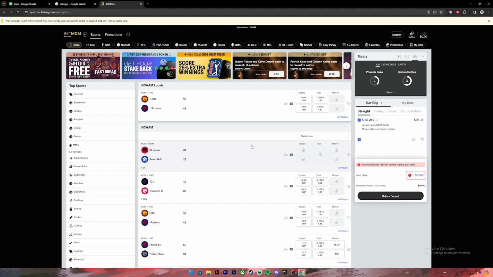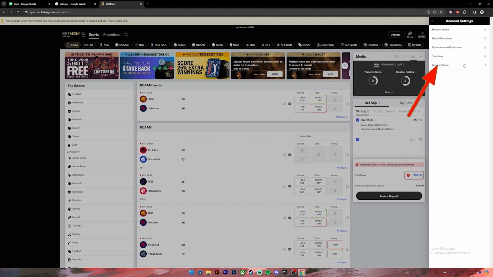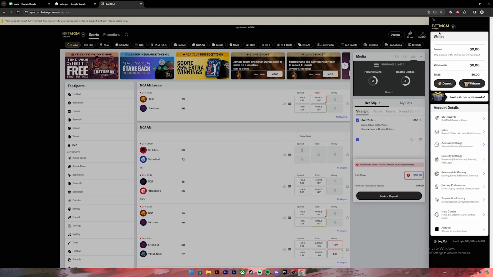Once you are logged in, click on your profile at the top right corner. Then this menu will open up. Now from this menu, you will get two options, either to close your account completely or get a timeout for some time. If you want to close your account permanently, select this account setting option and then click on service closure. And if you want a timeout, go back, then click on this option responsible gaming, and after that click